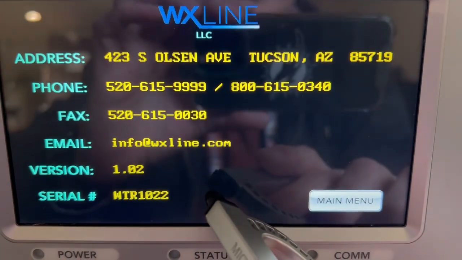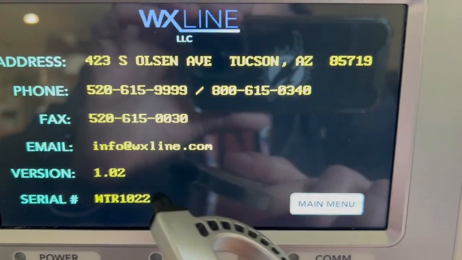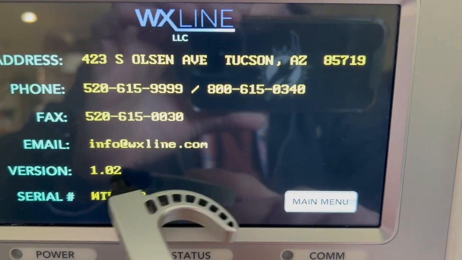We do have a contact us page. Gives you the information, the serial number, the version,